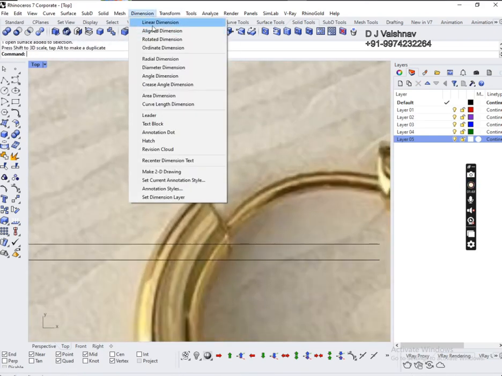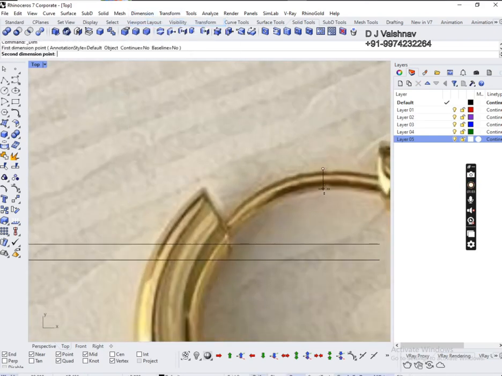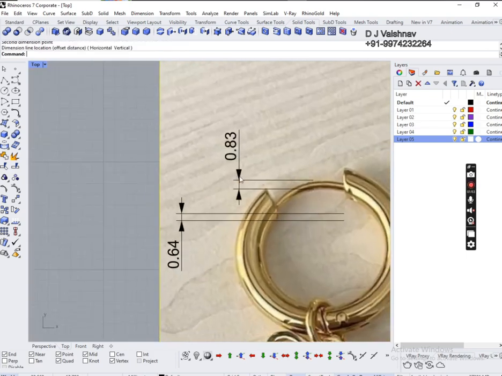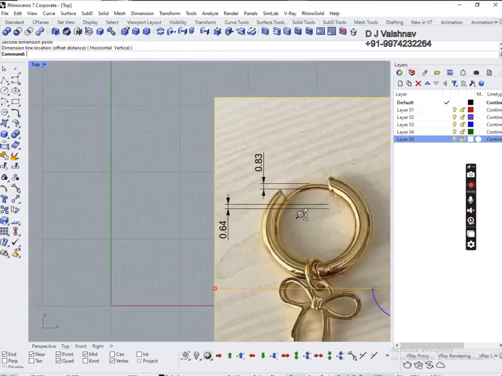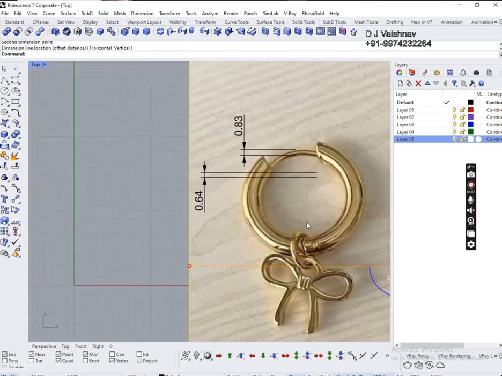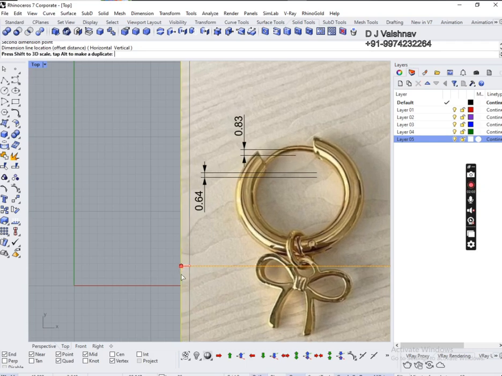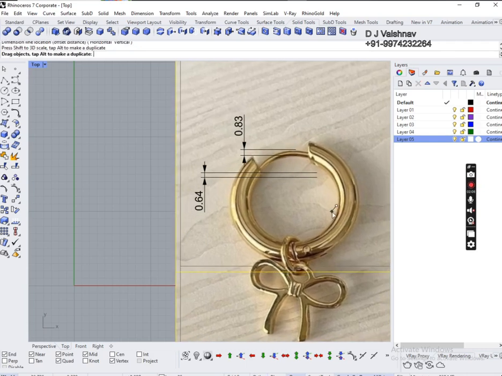Now again measure the linear dimension, first point and second. It's coming 0.83, so it should be a minimum at this level. So let's make it. Okay, keep pressing the shift key and then drag it. So make sure it should be